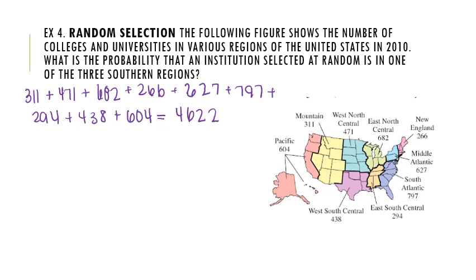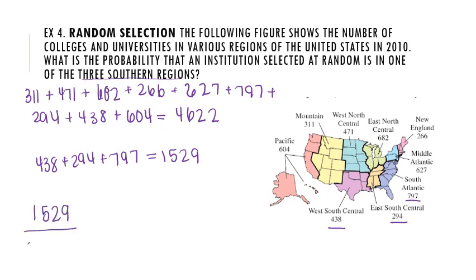And what I'm trying to find is what is the probability that it's in the 3 southern regions. So I'm going to go ahead and add those up. So in this case, we have 338, and we have 294, and then we have 794. So we're going to add those up. And we're going to get 1,529. So then our probability is going to be